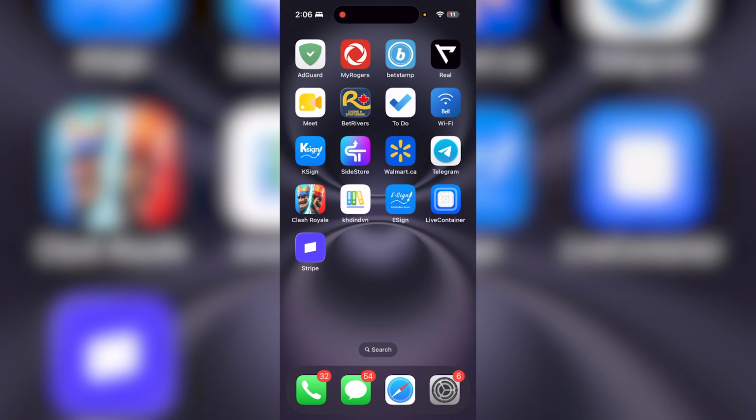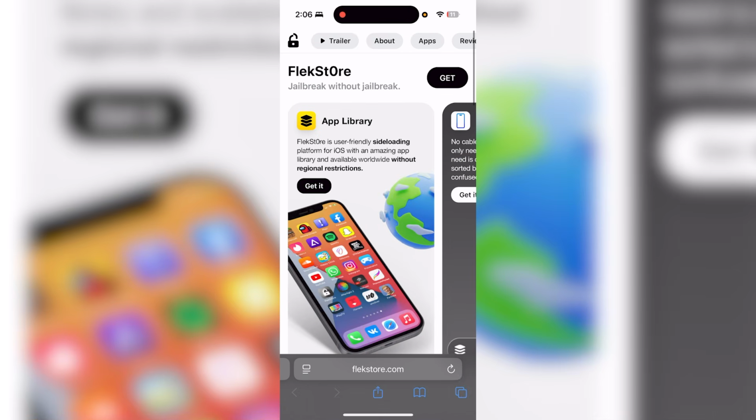So you're probably wondering, what is Flekstore? Flekstore is essentially a sideloading platform that lets you install apps and games outside of the App Store. You can install your own IPA files, access a library of apps, and manage everything directly from your iDevice. It's designed to make sideloading easier for users who just don't want to deal with certificates, complicated signing tools, or